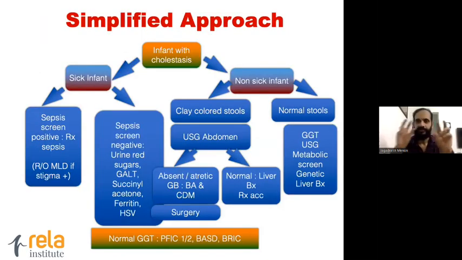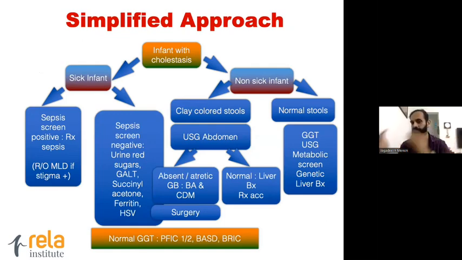With the textbook of the box of mystery, this is how it can be simplified. When an infant comes with cholestasis, you classify it as sick versus non-sick. For a sick infant, the first thing to do is a sepsis screen, because two-thirds of infants with metabolic diseases will have a sepsis that would have triggered the metabolic crisis. Then, even if the sepsis screen is positive or negative, usually we need to screen for a few metabolic diseases